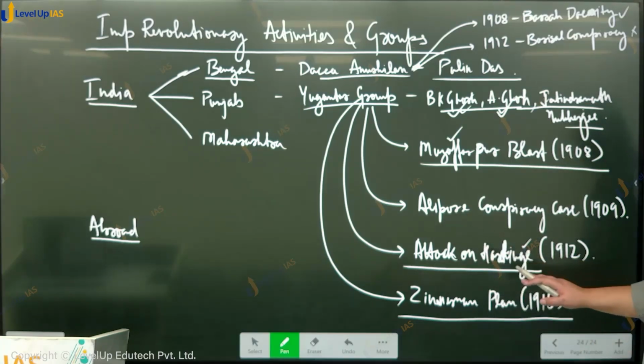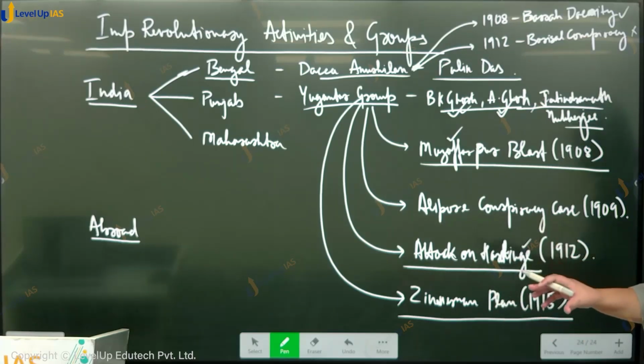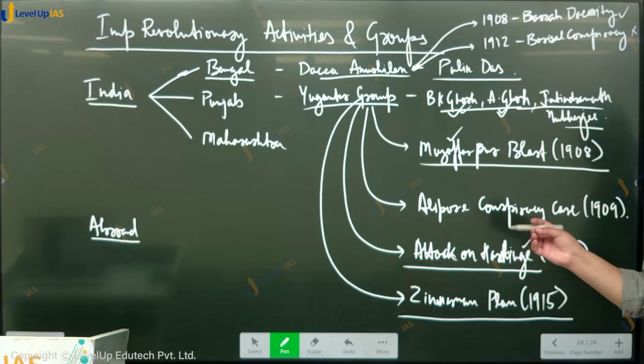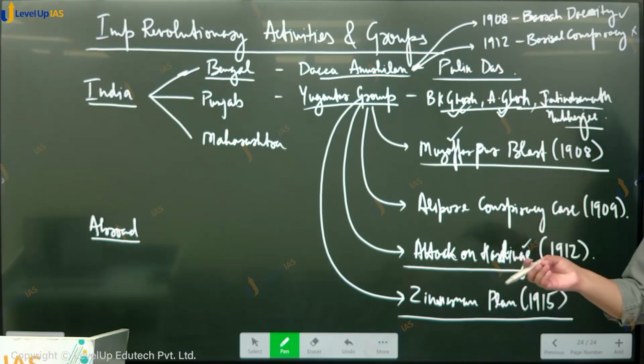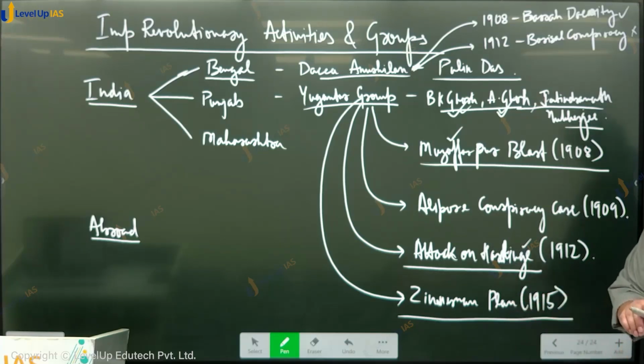In association with the German government, the Indian revolutionaries had planned to land some German arms in India and incite a general rebellion among Indian soldiers serving for the British India. They had intended to kill a large number of British officials as well as civilians in India and liberate India